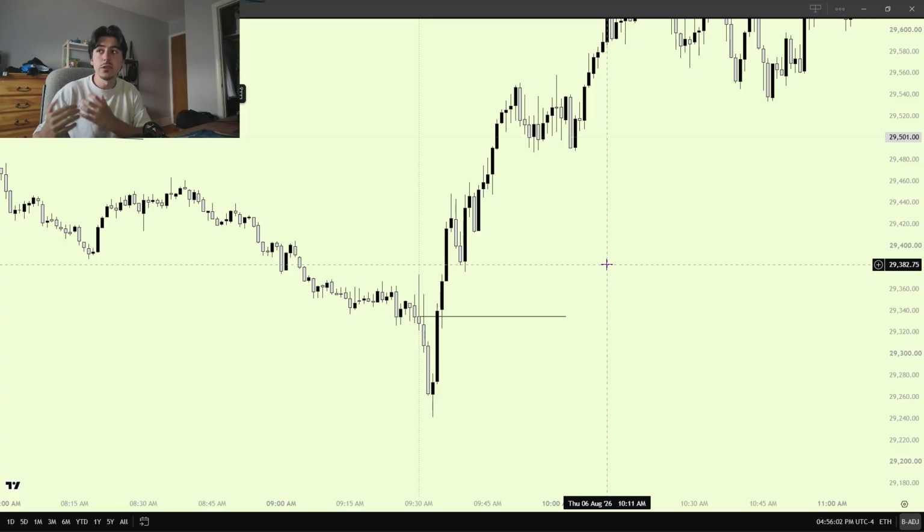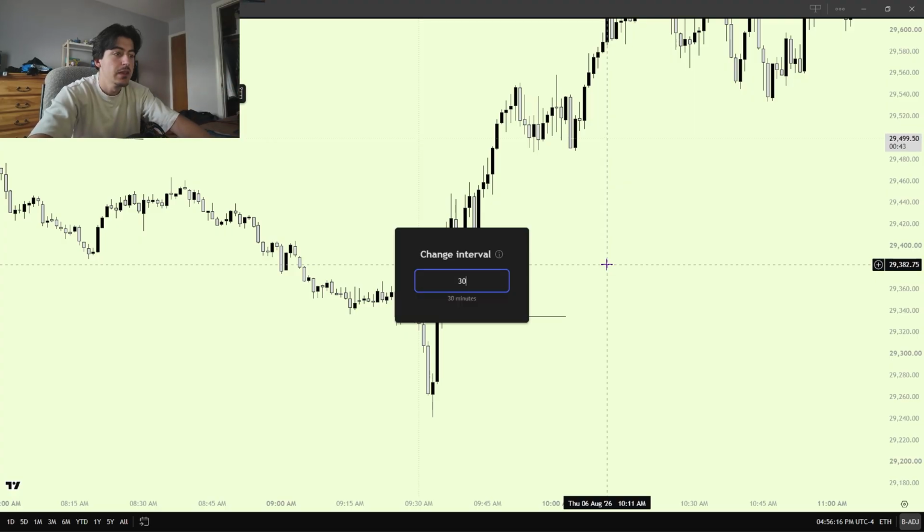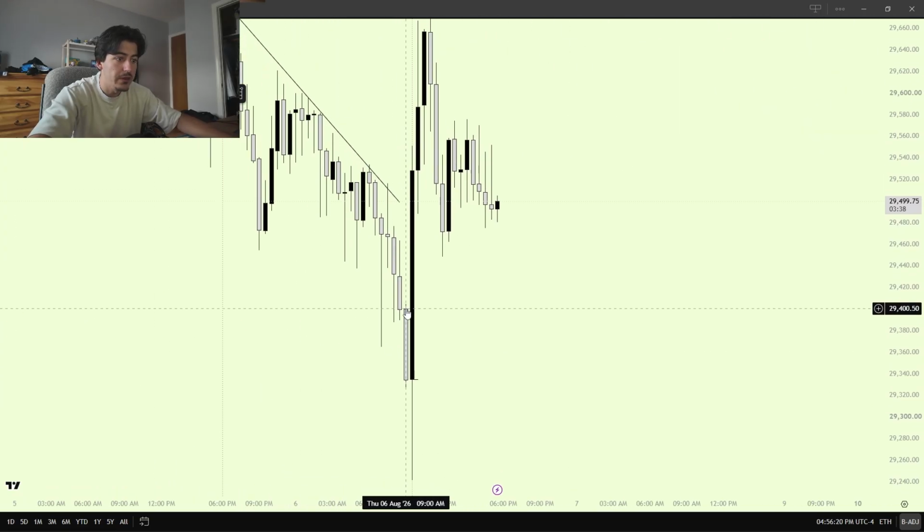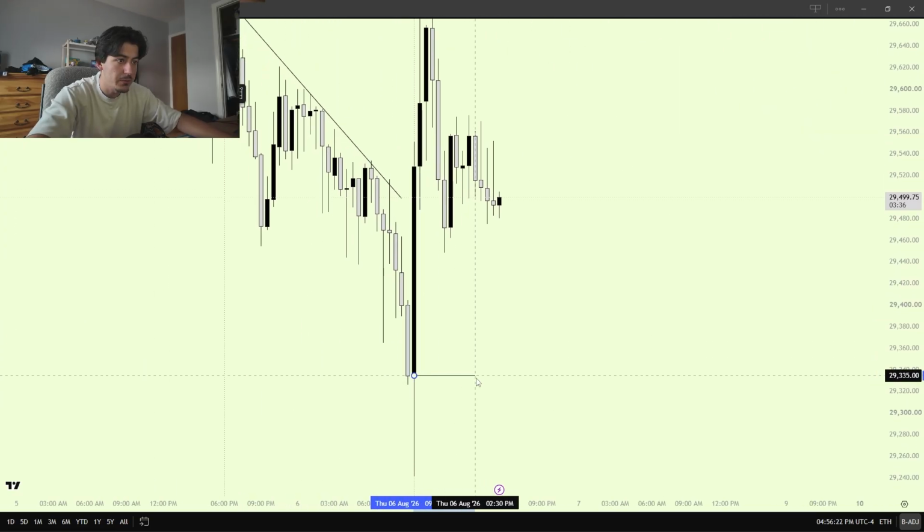Basically, it works with accumulation, manipulation, distribution. It's just the idea of trying to get in at a bottom or top wick of a new candle opening, right? So the 9:30 candle, the 30-minute 9:30 candle, is one of the most important candles of the day. Basically, if we look at it, where did the 9:30 candle open up? The 9:30 candle opened up down here, okay? So I'm going to mark that out for you.